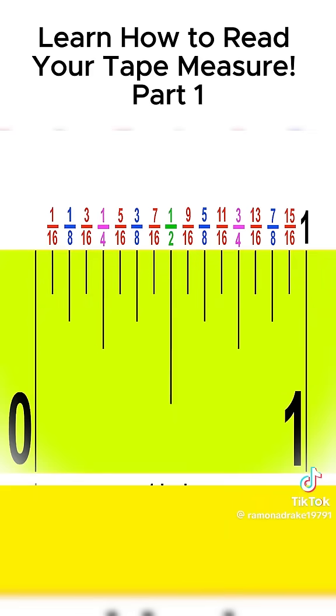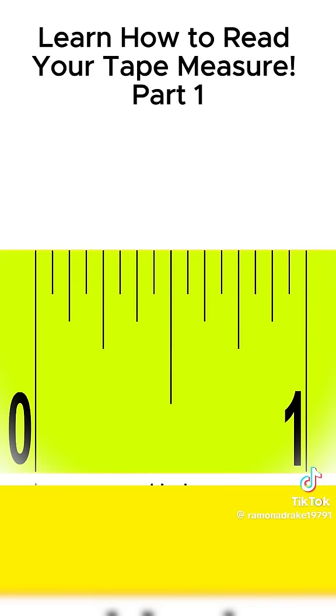Eventually, you'll want to memorize these marks, but here are some tips for reading the tape. You can use the different marking lengths to quickly find a measurement. Let's say we want